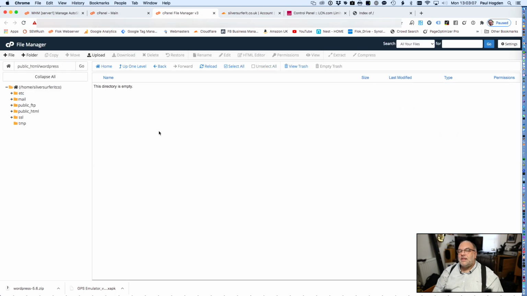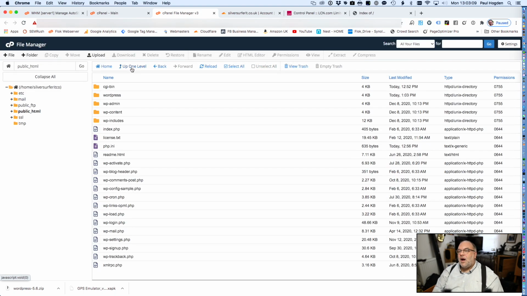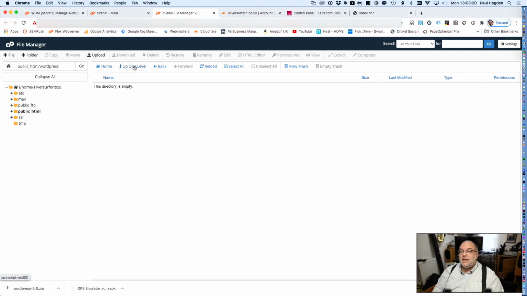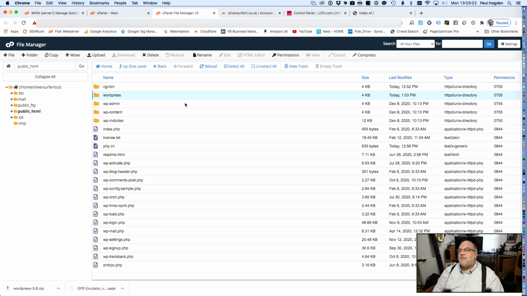And as you can see, the directory has emptied. And what's happened? Yes, that's right, it's all gone into the higher level folder. So we're going to get rid of this folder of WordPress because there's nothing in it anymore, as you can see. Click back up one level. So let's get rid of that as well, just to keep everything nice and tidy.